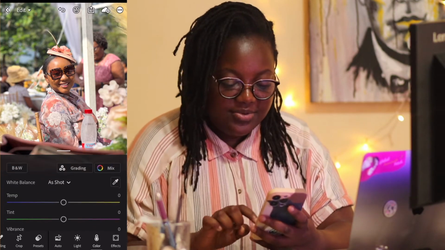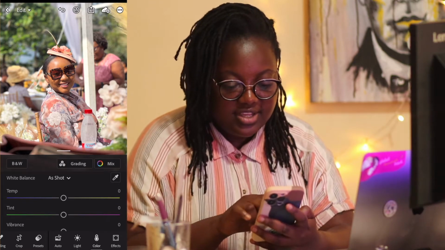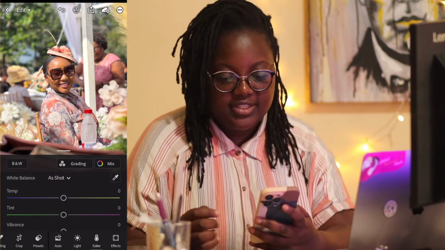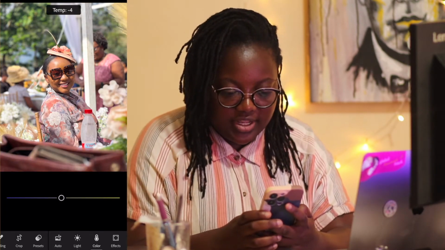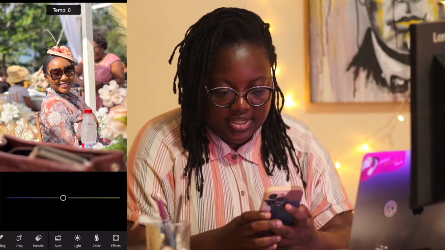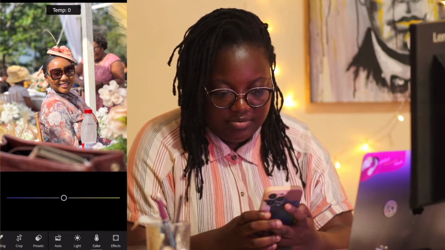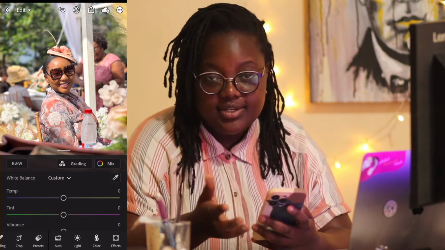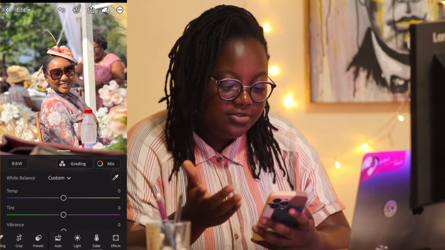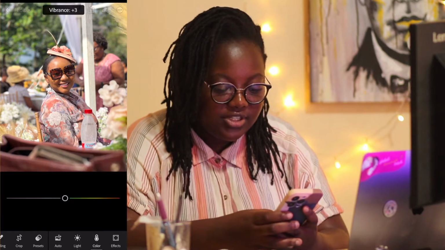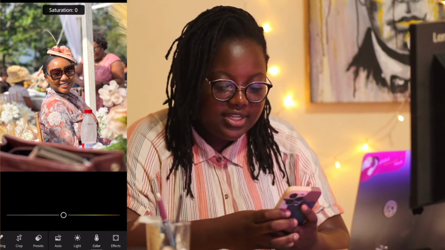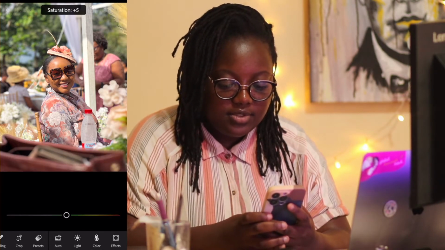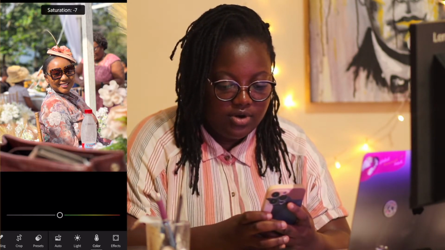In Lightroom, there's like 3 sections on the light. So there's this color grading, there's the mix, and all of those things. So you can change your white balance if you'd like, but as I've said, I'm not going to change much here because I think the phone already got the white balance right. It was a very sunny day, and the photo already looks like a very sunny picture. I like to increase vibrance and saturation just a tiny wee bit. So like the saturation, maybe I'd go up to